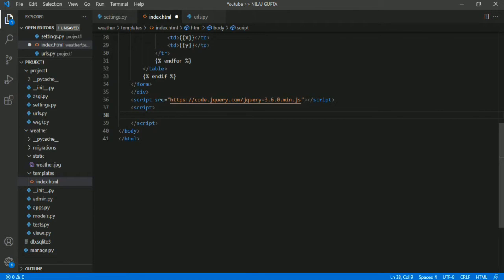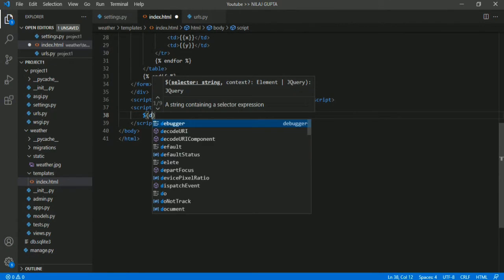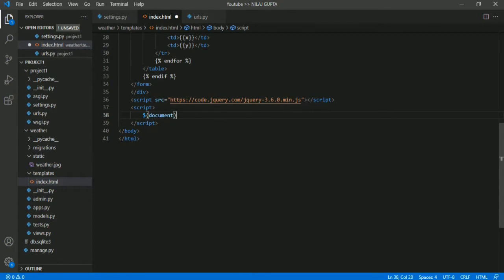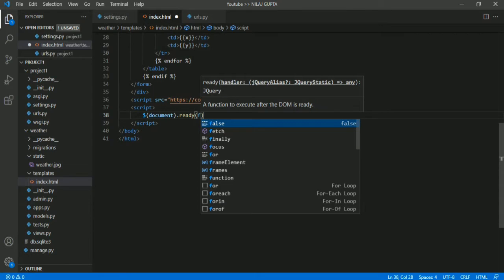So first of all, jQuery document dot ready, then function.